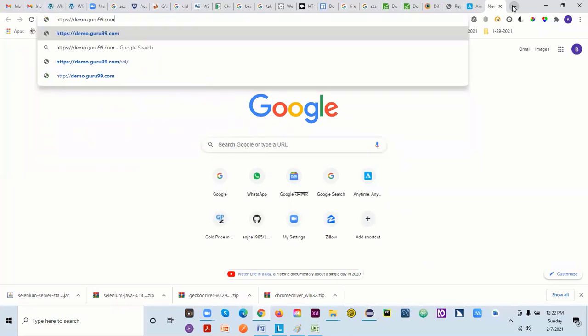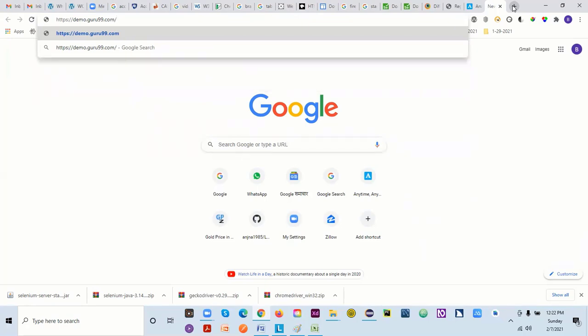If you know how we can handle the frame, you can handle it on every application. Any application, you can use the same logic there. So we will be saying Selenium.